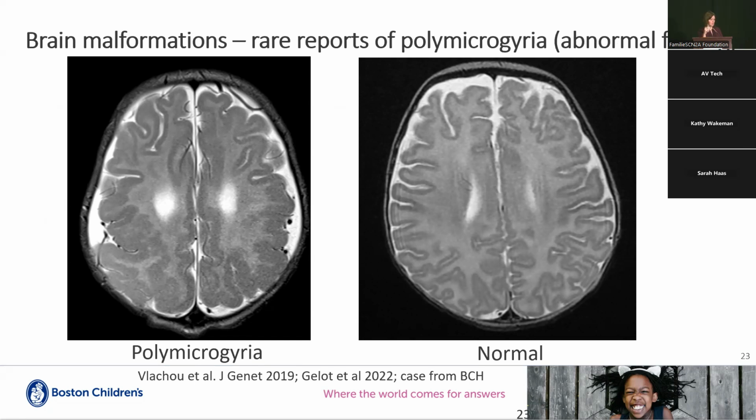Most individuals are going to have a normal looking MRI, like on the right side of the screen, but we have seen polymicrogyria, which means poly means many, micro means small, and gyria are folds. So there's too many small folds and it looks kind of clumped up is what it ends up looking like. So if that's the picture, it does change what's driving the seizures in addition to the sodium channels acting abnormally. Those changes in the cortex of the brain definitely drive seizures as well.